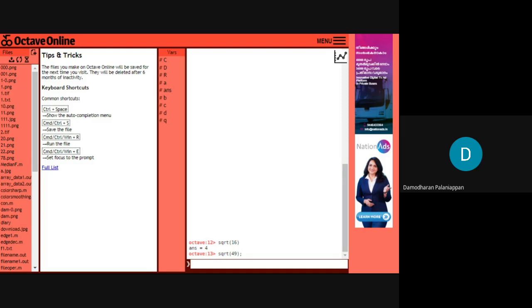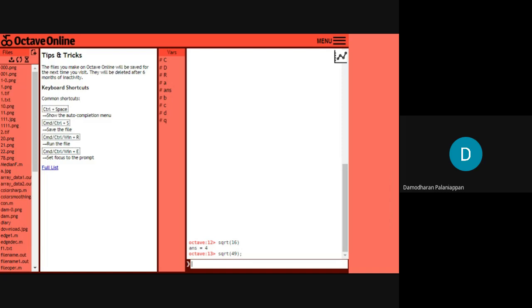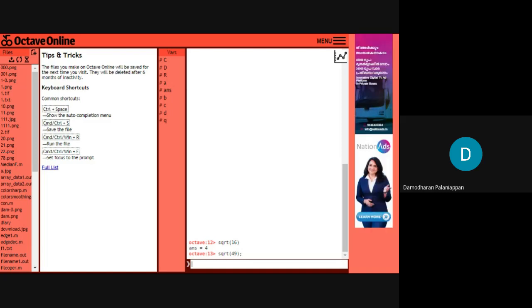The output is stored in the default variable ans, but it will not display the answer because we gave the semicolon. If you give a semicolon, it is an implicit execution. If you want to know the answer, just type ans and enter key. The square root of 49 is 7.